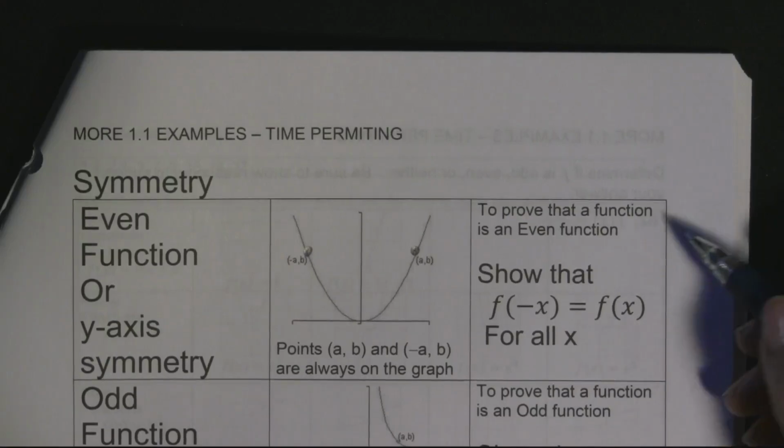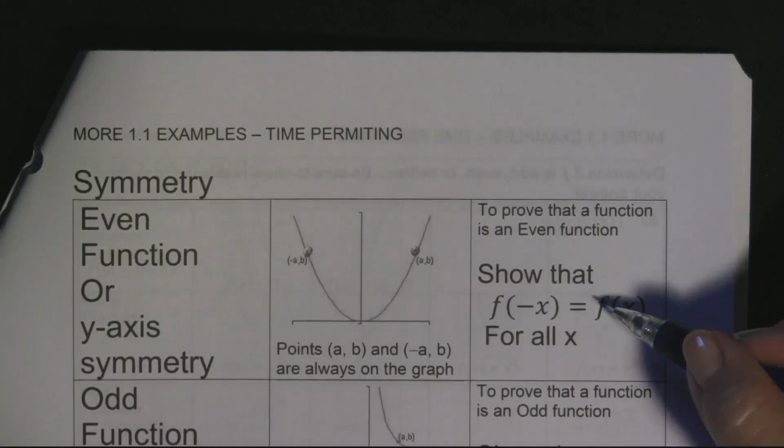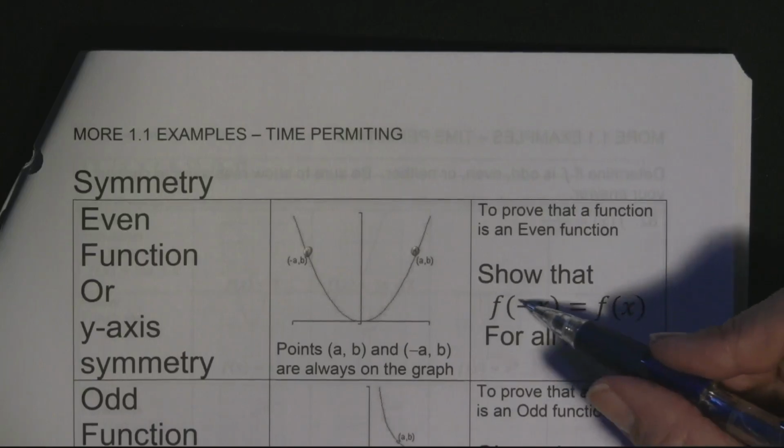To prove that something is an even function, all you have to do is show that f at negative x